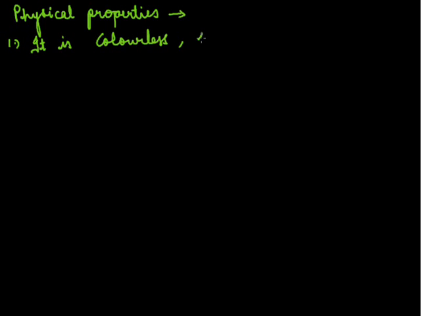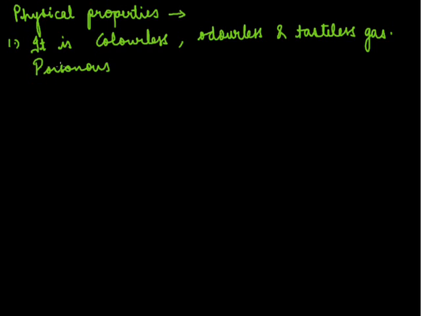Now we'll discuss the properties of carbon monoxide, the physical and chemical properties. First we'll deal with the physical properties of carbon monoxide. It is colorless, odorless and tasteless. Not harmful in small concentration but is poisonous if inhaled in